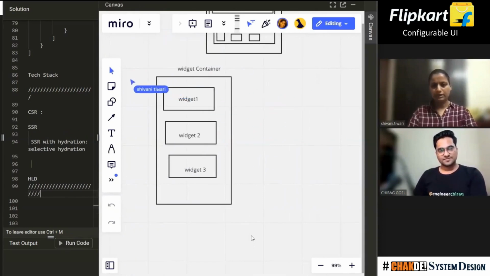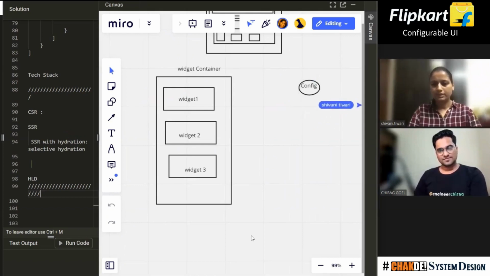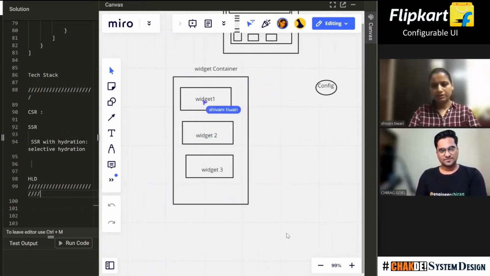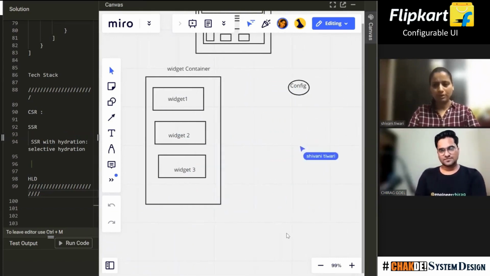There's a config that is coming in, where is your config setting? This. And this config is coming to the server. Now I have the UI available, which is responsible for creating and displaying the view. I have something which will control my view. Now I need something which will actually define